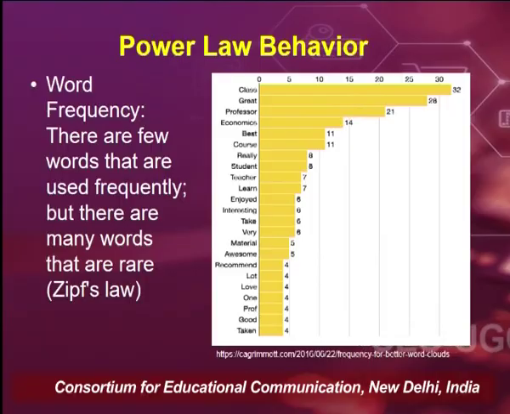On the screen you can see the word frequency graph of some content which shows the feedback of an economics professor. There are very few words that have maximum occurrences, but most of the words have very few occurrences. So we will continue this discussion on power law